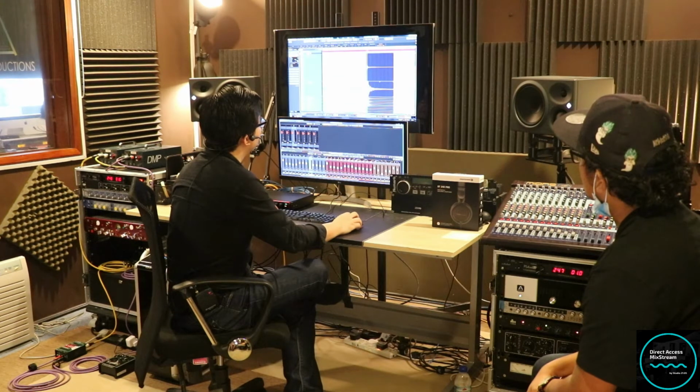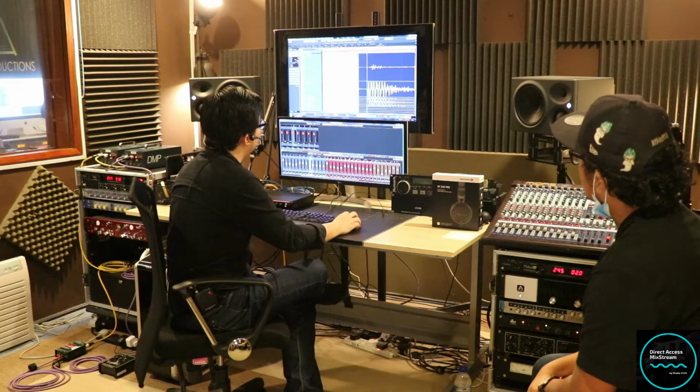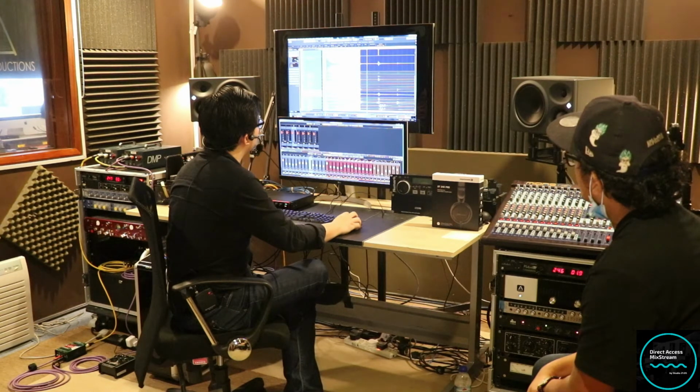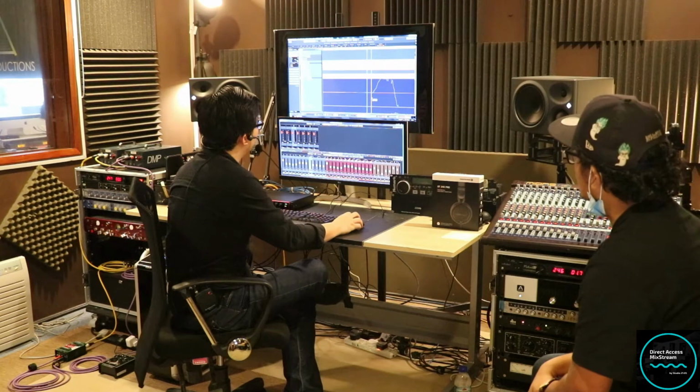Let's move the snare back on the grid. Okay, crossfade. Now in this case, I pull it back. Crossfade a bit more. So as you can see, this is a very, very tedious process, which can take hours